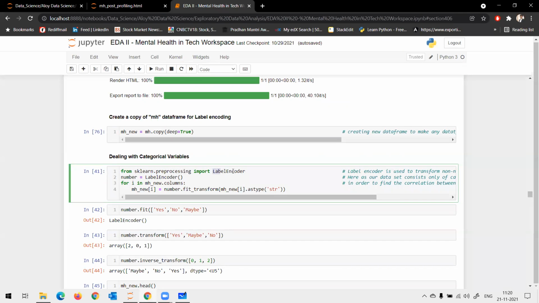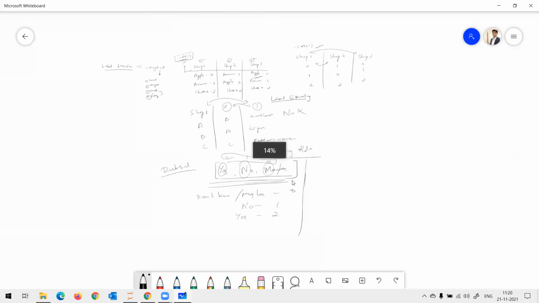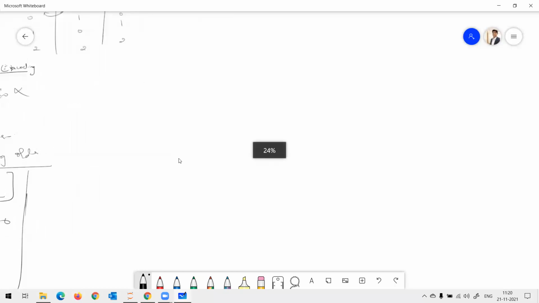One of the functions is your label encoder. So when you use label encoder or any function from scikit-learn, you have the following steps.